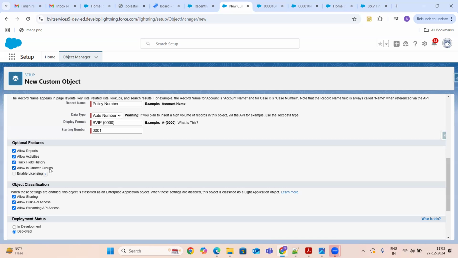And allow chatter groups. It's the same thing. If you want to chat with other users on this object, then this is the one. And allow sharing, allow bulk API access, allow streaming API access. These will get checked automatically, guys. All these three are related to the APIs. And if you see here, enterprise applications.